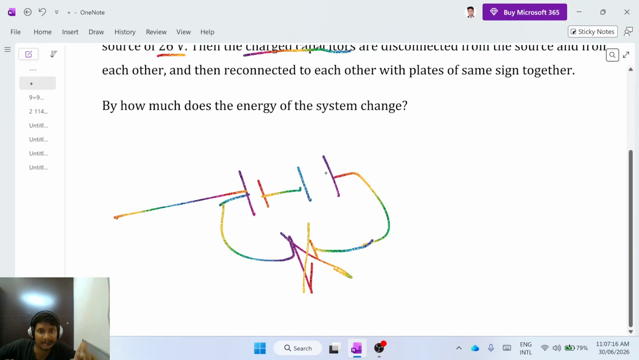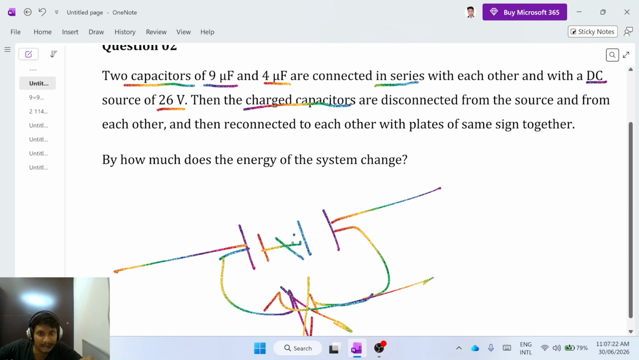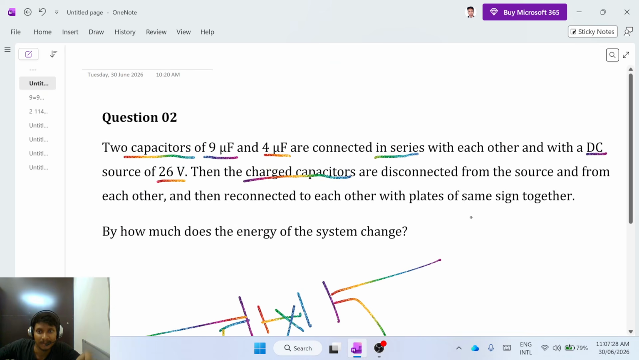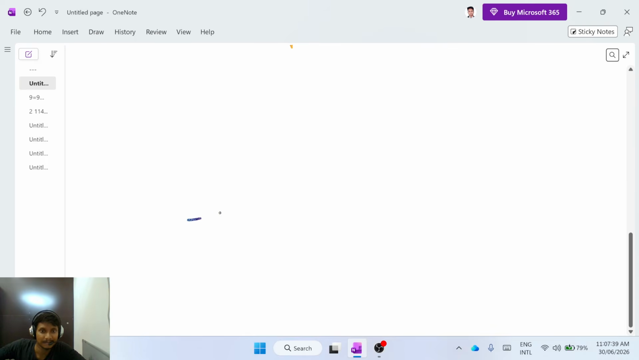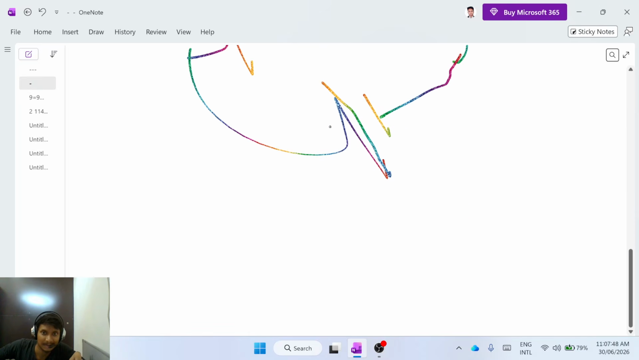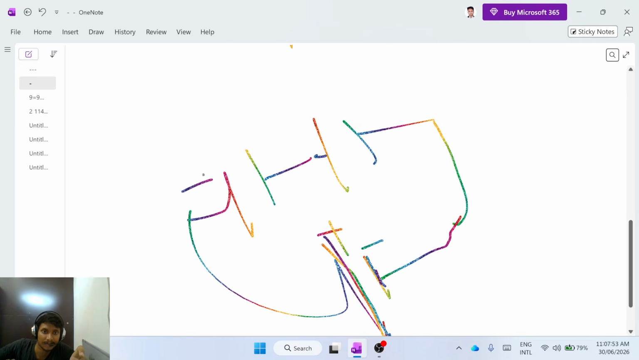Now the wire will be like that. And from each other, therefore there is no connection between them; now they are separate capacitors. Then they are reconnected to each other with plates of the same sign together. If this one is plus and minus, and this one is plus and minus,